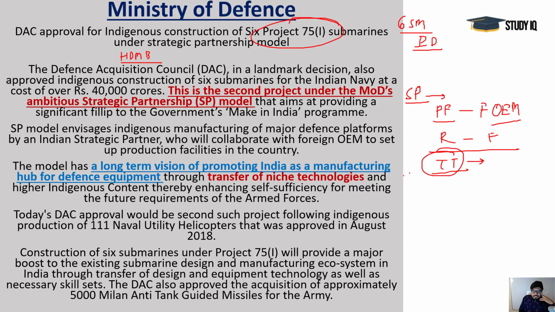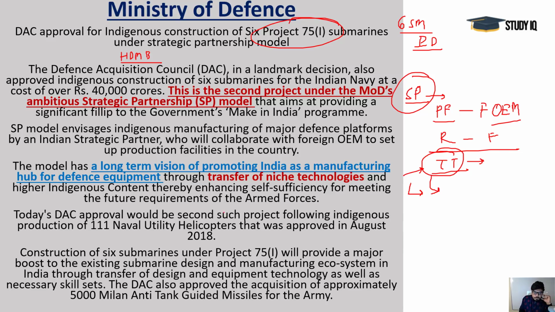So technology transfer is the major highlight here. Because of this technology transfer, we will be able to produce that independently in the future. We don't need to buy that again. So technology transfer, which is called niche technologies, okay, that is very important here. So that will be done under this SP model, strategic partnership. I'm quoting it wrong here. It is not SNP, it is SP, strategic partnership model only. Okay, so SP model. Now see,